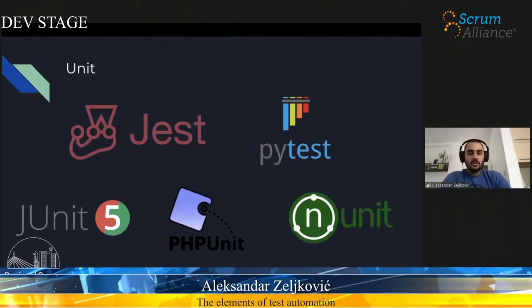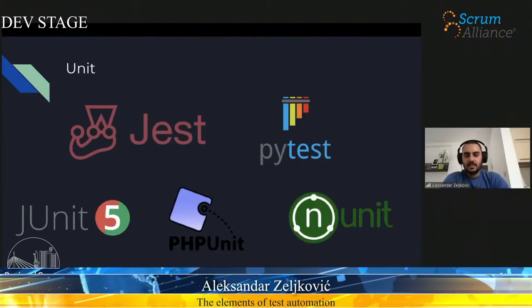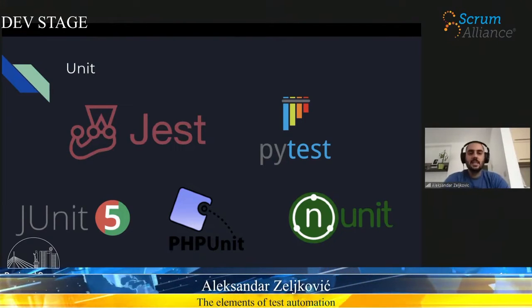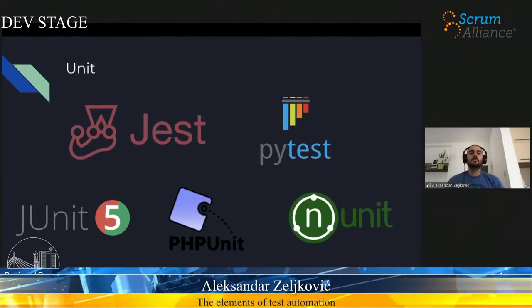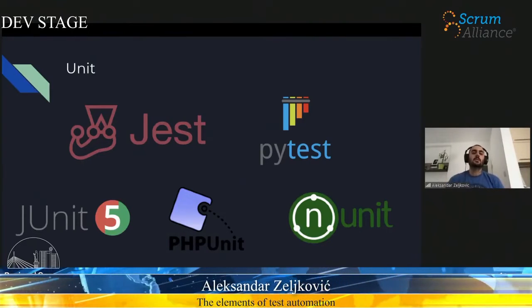So first of all, unit testing tools. We saw what unit tests are a couple of slides ago. In order to run unit tests, we need a unit testing framework, but not only for unit tests, you need a unit testing framework very often for your API and end-to-end tests, because the unit testing framework is on top, and the unit testing framework is basically doing the assertion in your test. You're giving expected and actual result to it, and the unit testing framework will tell you did the test pass or fail.